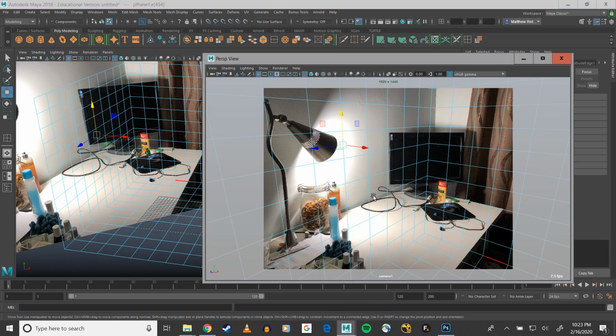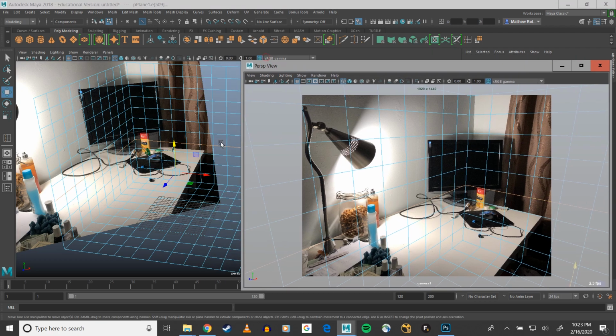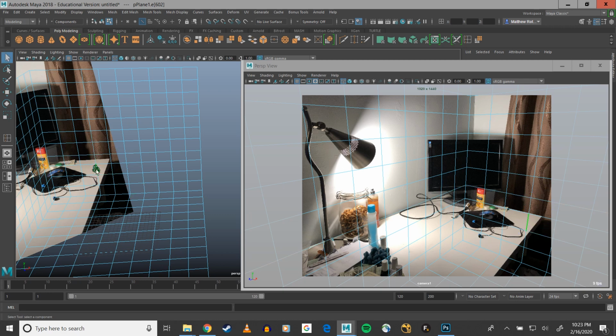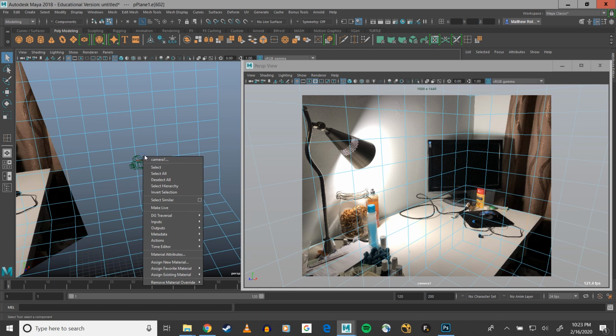But yeah, so I can select things and sort of maneuver things there in my viewport, and alternatively I can move my camera here in my viewport